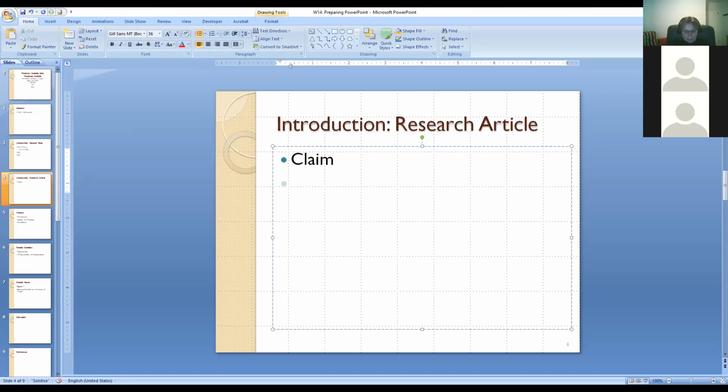Then you will have method. What did they do? Right? Then you have their results, especially important if the results are really numbers that you can use to compare to your results. And then discussion, in this case, it's like conclusion.